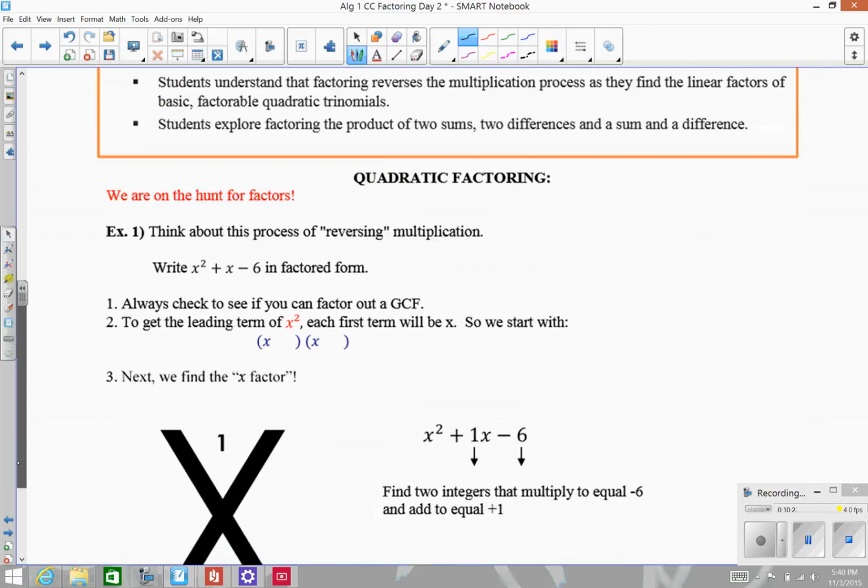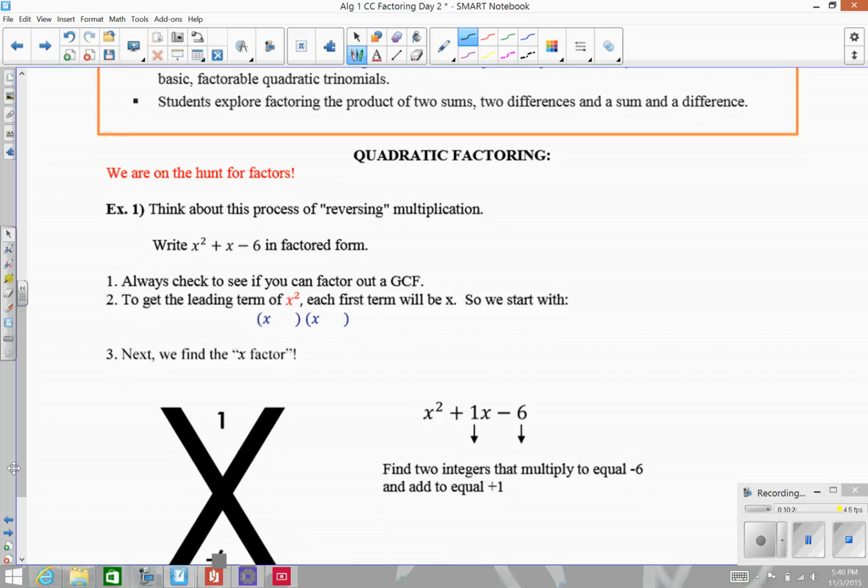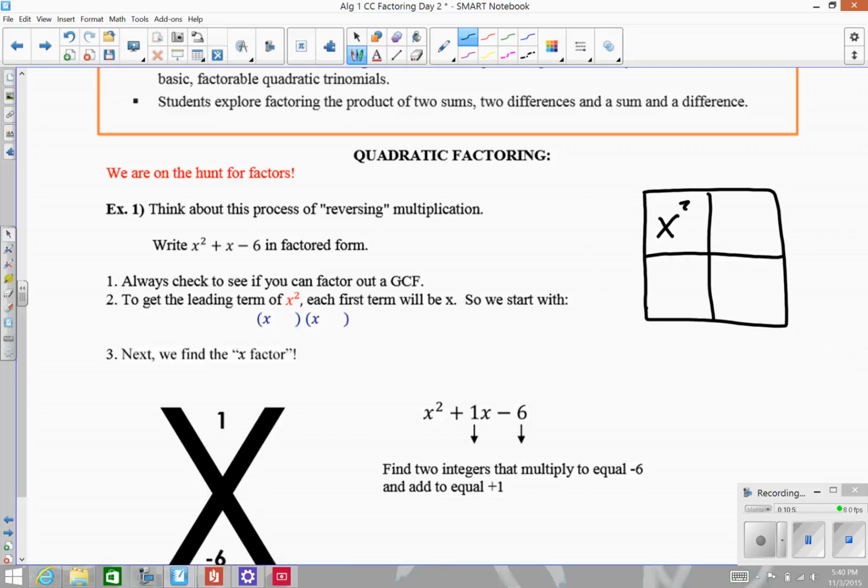We are going to examine our trinomial, and if you recall what we did in the warm-up, we did an exercise where we were looking for two integers. They added up to some number, they multiplied to another number. So here's what I want to do. I have this trinomial, and I'm kind of going to go backwards here. I know my trinomial has x squared in it, and when I'm multiplying two binomials, my x squared ends up